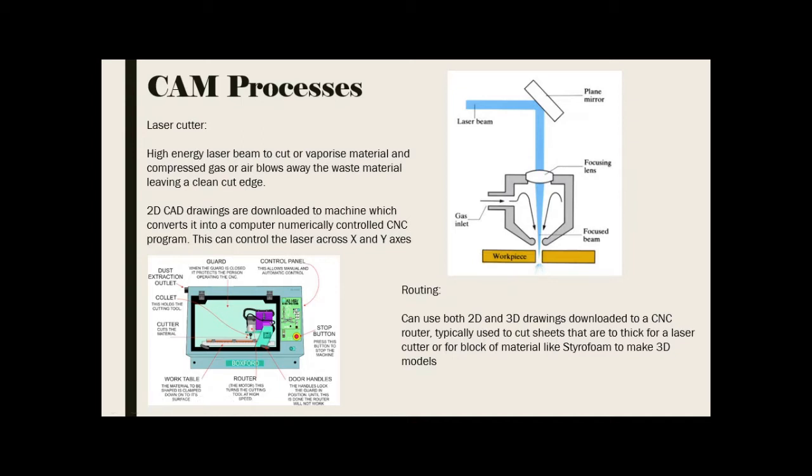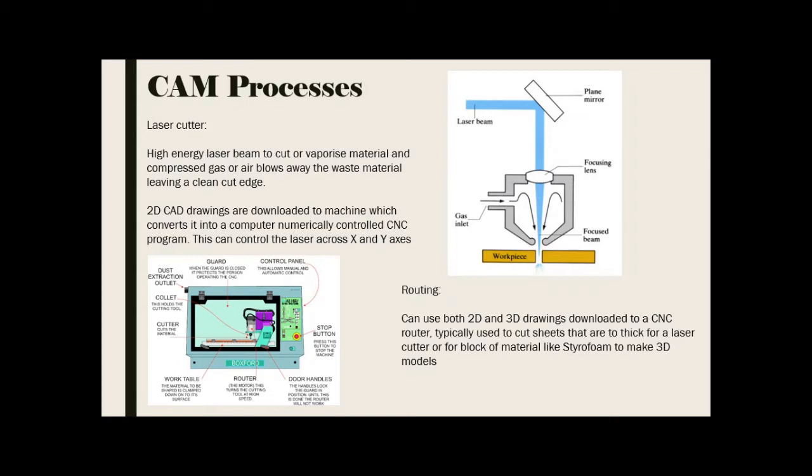So what will happen is a beam comes out and then it reflects off a mirror, and there are about, I think, 6 mirrors in our laser cutter, depending on how far it has to travel. So the laser beam will shine, it is reflected off the mirror, goes through a focusing lens, ignites with the gas inlet, and once it's gone through our focus beam, that creates your cutting beam. This is why you need to have extraction on the laser cutter as well. When you turn it on and you hear that sound, it's because it creates smoke,